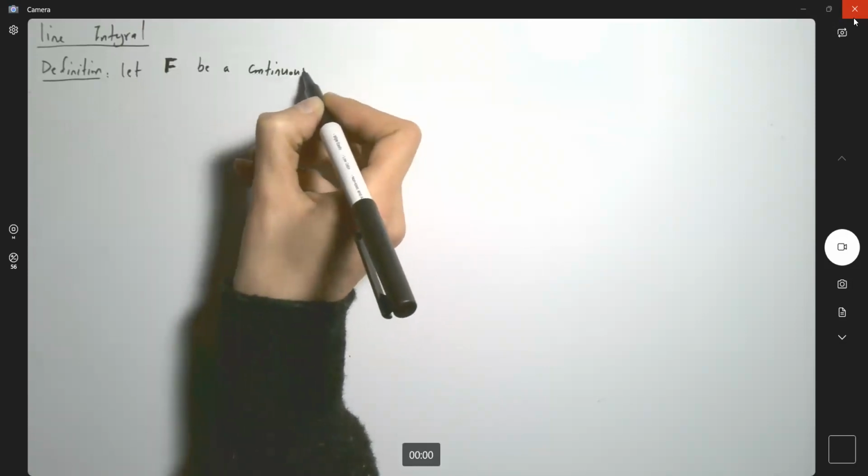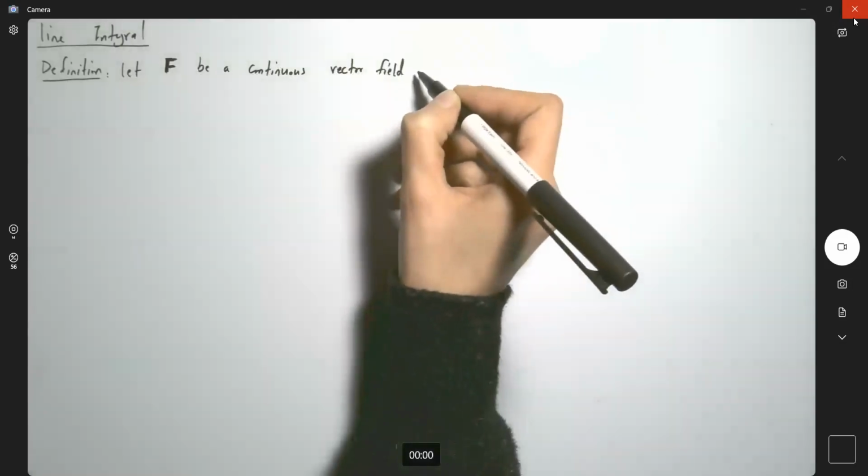Let's take a look at the next definition. Here we're going to connect vector field and line integrals together. Let F be a continuous vector field. Since we have a vector field, we're going to use a bolded letter. Let F be a continuous